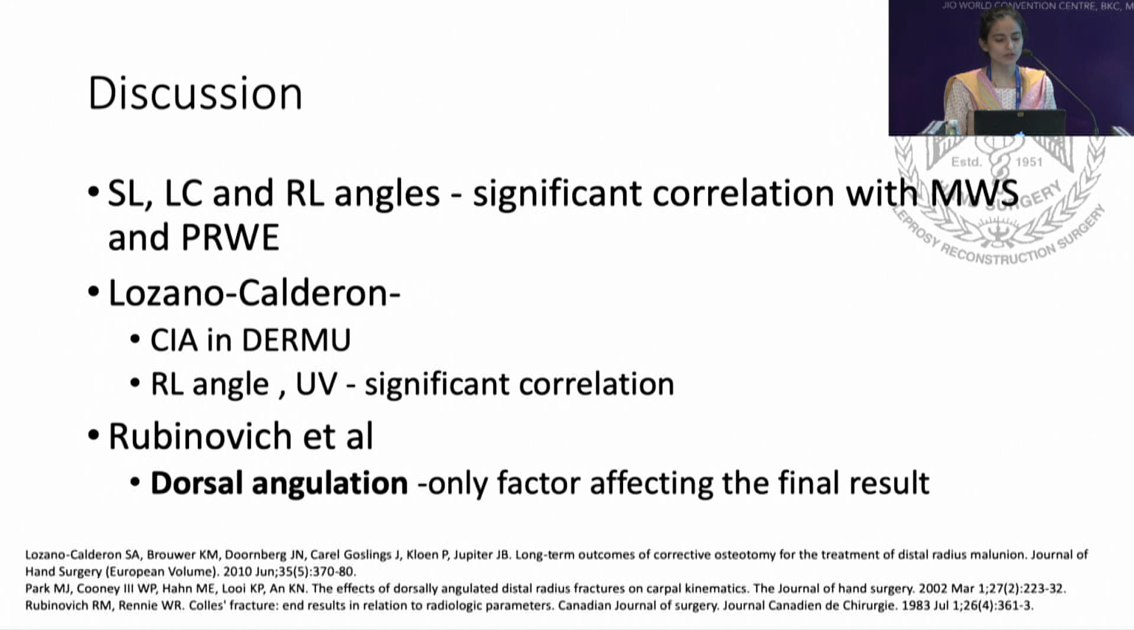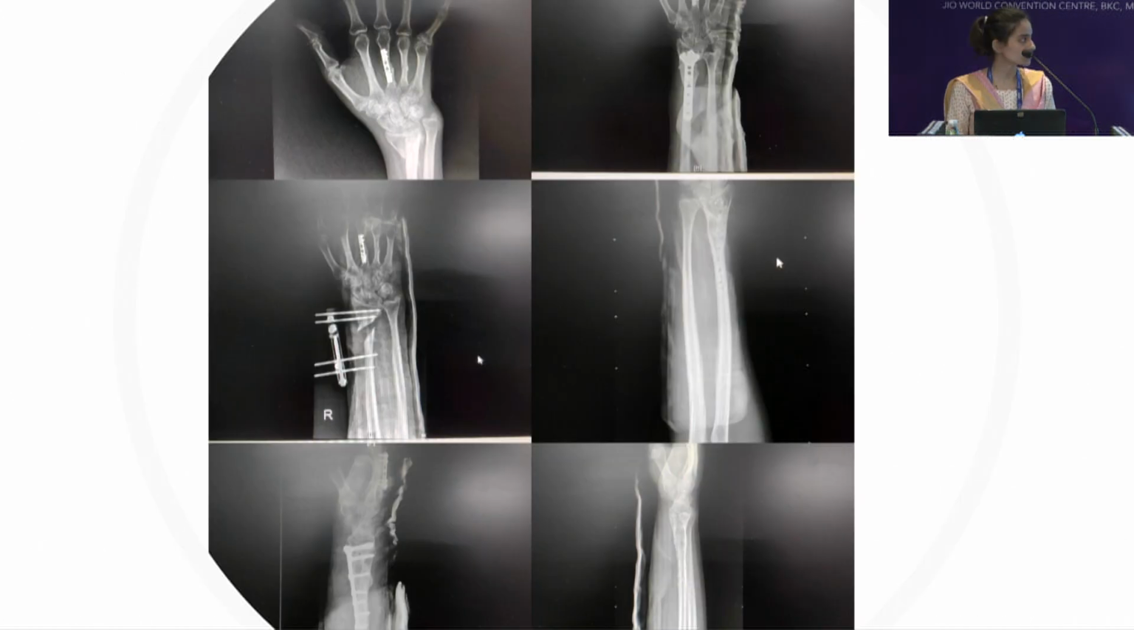Scapholunate, lunocapitate, and radiolunate angles have a significant correlation with the Mayo wrist score and the patient-rated wrist evaluation. It was also stated that carpal instability adaptive changes have been noted and correlate with the radial inclination, ulnar variance and dorsal angulation, which was described by Rubinovich. So this is our patient one who came to us with a significant extra-articular distal end radius